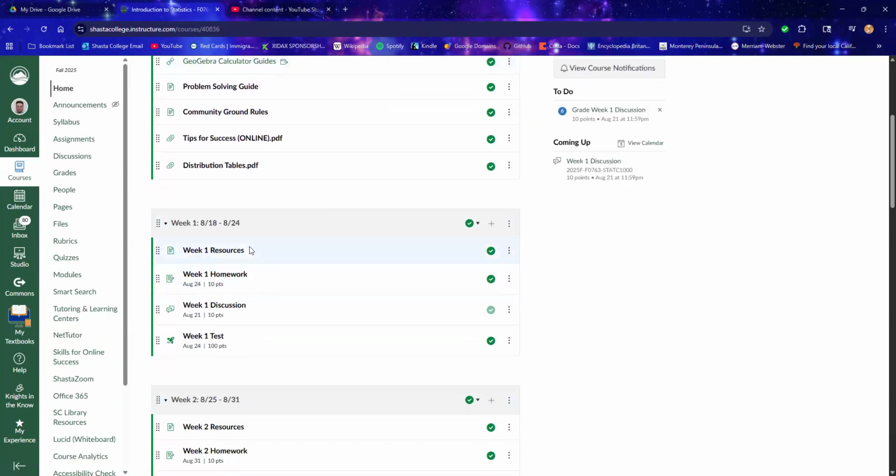After the weekly resource page, there is a homework assignment, a discussion, and a test. Homework opens on Monday and is due on Sunday, so 7 days to complete it. The discussion opens on Monday, the post is due Thursday, and replies are due Sunday. The test opens Thursday and is due on Sunday. Because this is a short-form course,